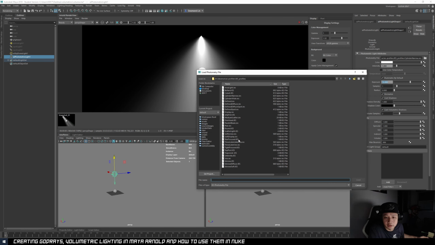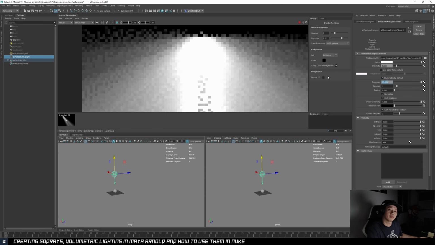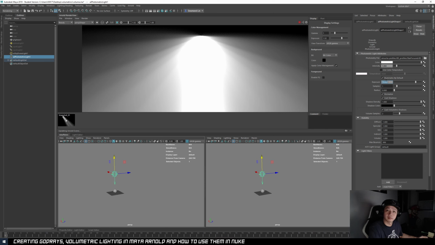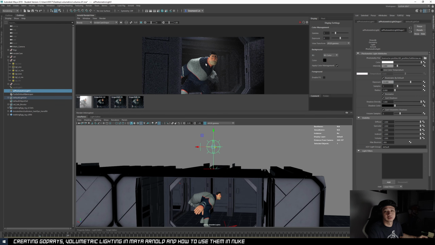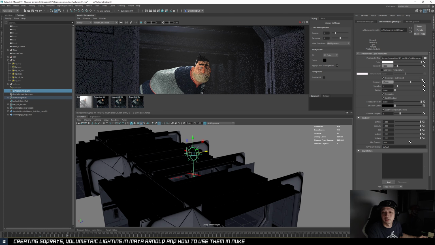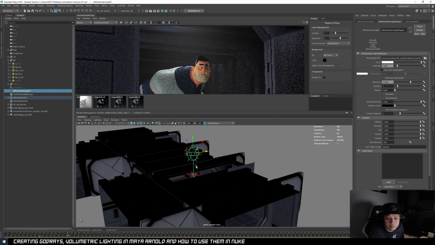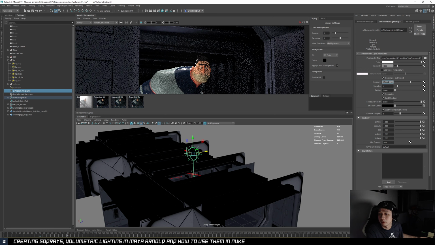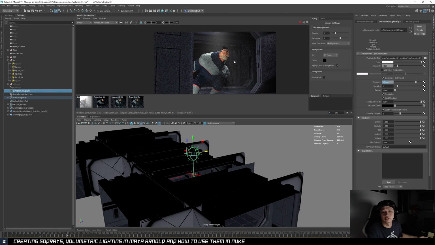Let's just try star focus. Then if I expose up, that's too much, but you do see a lot more details in the volume, right? So that's the kind of details you can achieve with an IES profile. Maybe you have something that you really like and you can use it to get the kind of details in your light. So maybe that star focus looks pretty good. I'll just use it for now. It's too dark. It really looks like a spotlight from the top.